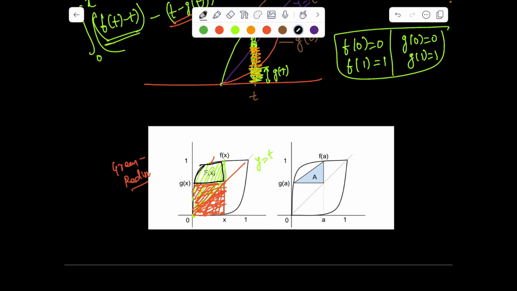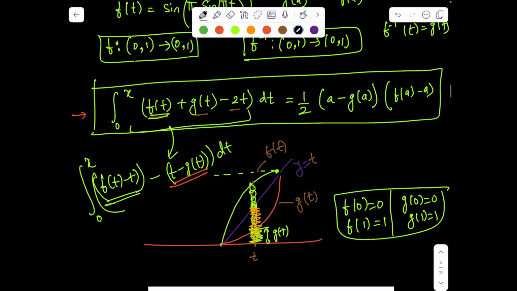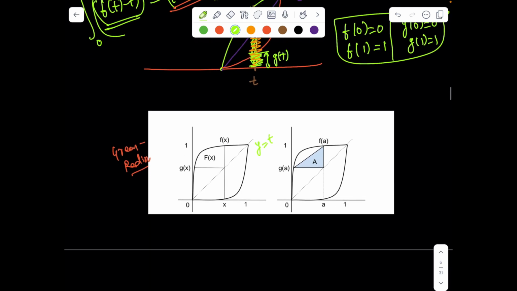Hence finally what we got is that LHS is nothing but the area of the chunk between these two horizontal and vertical lines and the graph of f of x, right? So finally the takeaway is, if I denote this entire LHS as some expression, let's say capital F of x, then F of x is simply the area of this chunk,